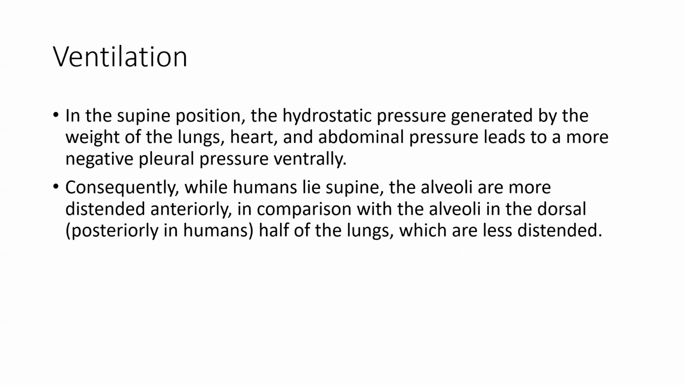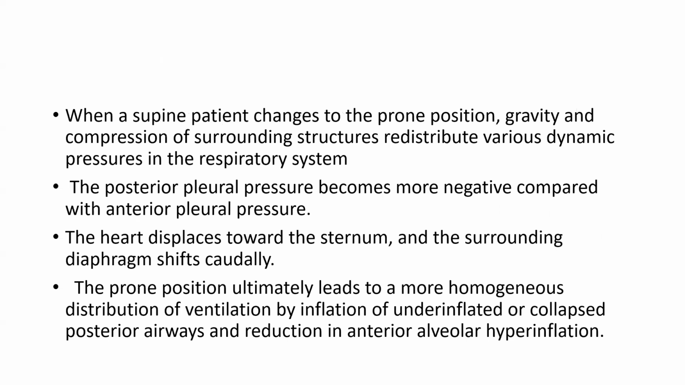So in supine position, what is happening? The hydrostatic pressure generated by the weight of the lung, heart and abdominal pressure leads to a more negative pleural pressure ventrally. Consequently, when the human lies in supine position, the alveoli present in the anterior portion of the lung are more distended. In comparison, the alveoli present in the dorsal region of the lung are less distended. So when the patient changes from supine position to the prone position,